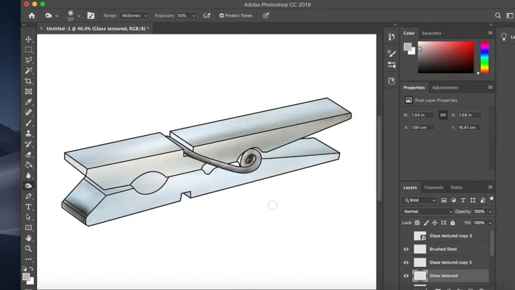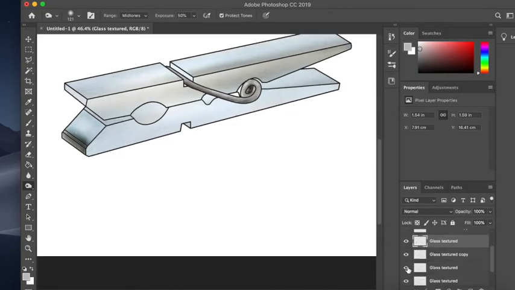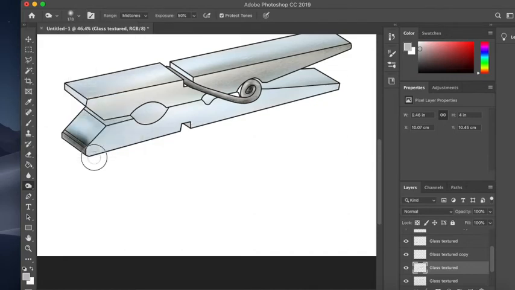Might be a bit much, but we'll see what happens. Try and work out which layer you're working on again. Just slide up and down, turn them off and turn them on again. So I'm now going to work on this side layer. And again, I'm just going to make my brush a little bit bigger, get this all done a bit quicker for you. So in there, I'm just going to burn in to try and bring in that value,